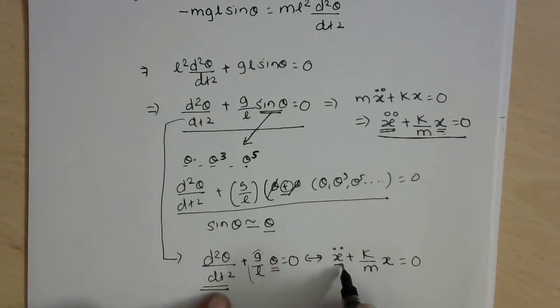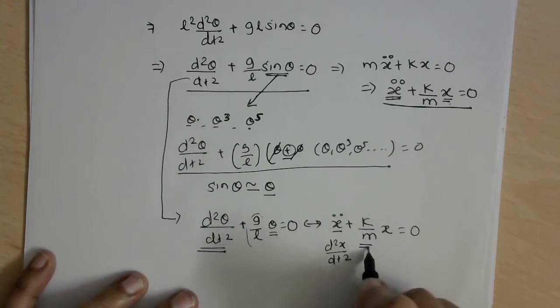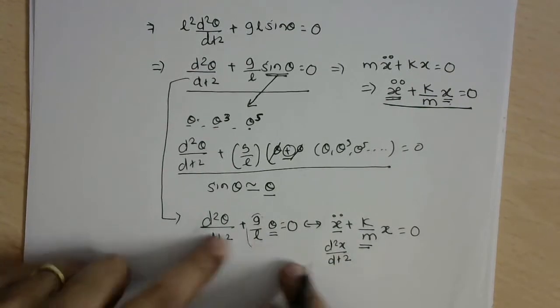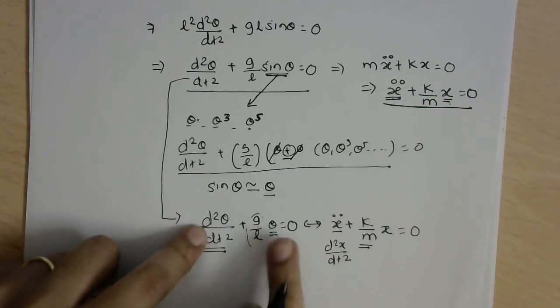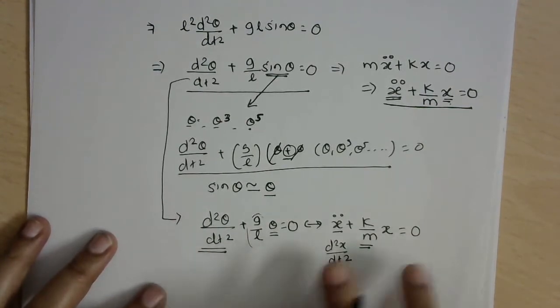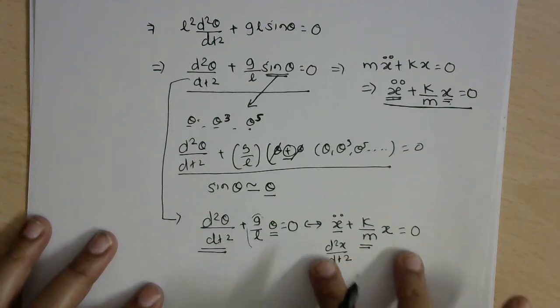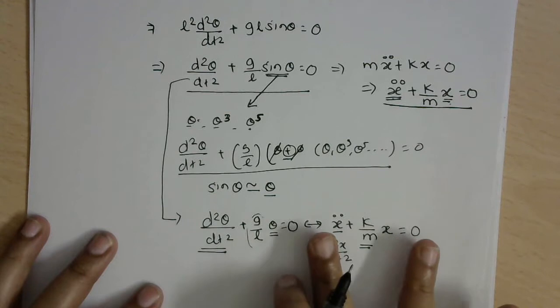This is also the second derivative of x, d square x by dt square. The second derivative of x and x are added linearly, and this is the proportionality constant between them. Here also you have this as the proportionality constant, and this is acceleration and this is displacement. So this differential equation is no different than this differential equation. So obviously the properties of the solution will be exactly identical to the properties of the solution that we have obtained in this case.